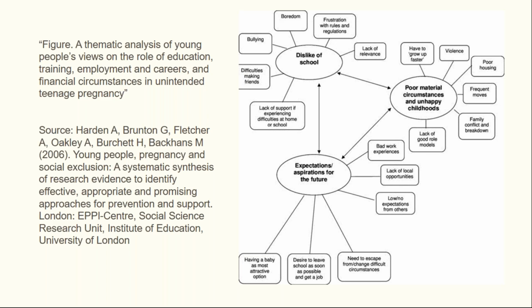So this is a visual of a thematic analysis of the literature on young people's views of unintended pregnancy. In this review, the authors, if you pull it up, describe their thematic analysis in some detail, and so you can get a sense of how they got to those themes. And thematic analysis is quite a common approach in qualitative systematic reviews.